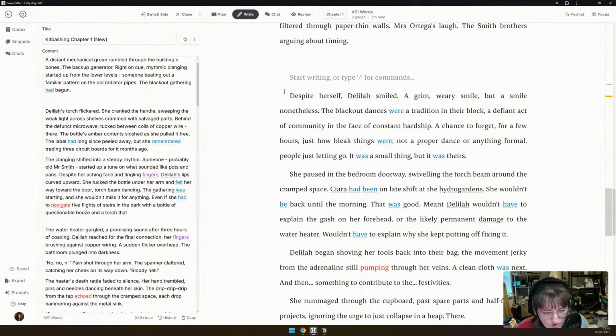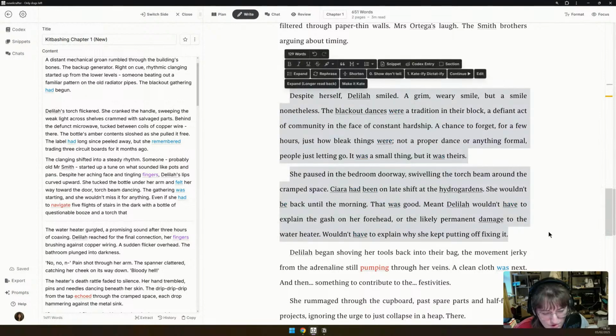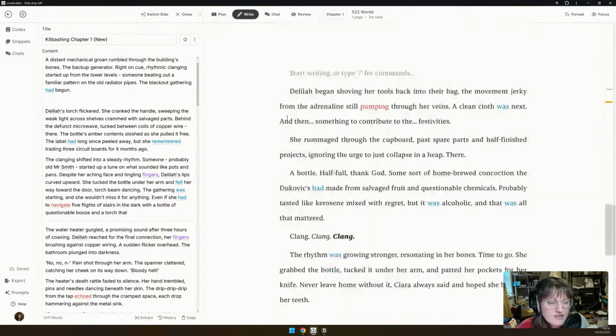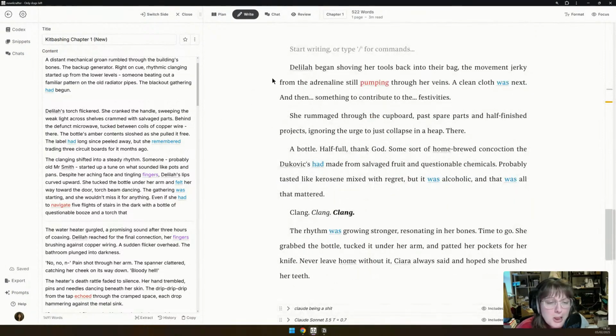Swinging the torch. Okay, that again, this feels like it's kind of overshooting a little bit, like it's trying to tell too much with the Gemini, but that's okay.